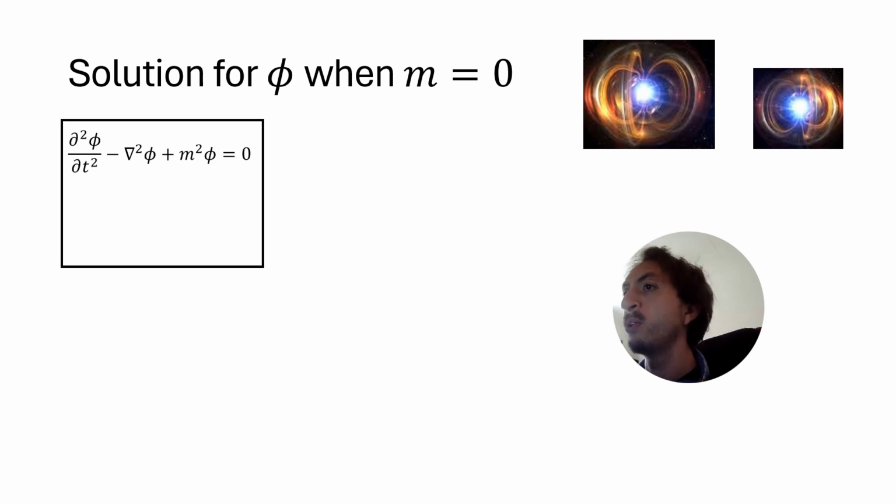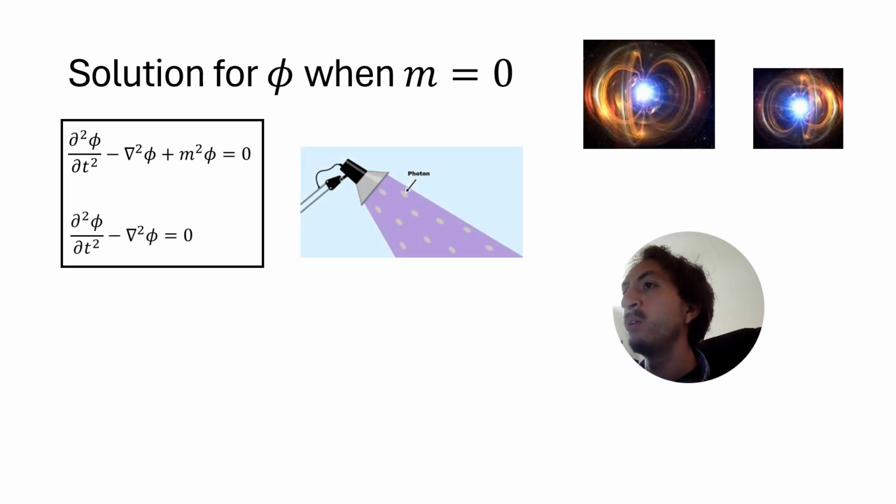Well, if we start with the Klein Gordon equation in its not so elegant form, we have this. But if we essentially say m is 0, then our inhomogeneous part of our equation, if you like, goes away, and we're left